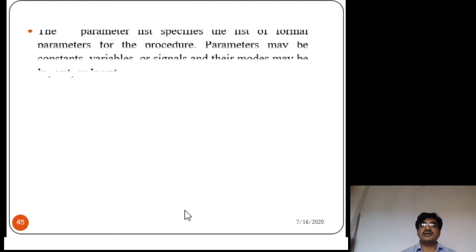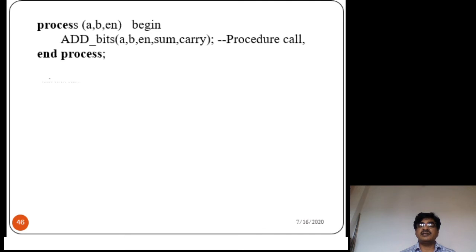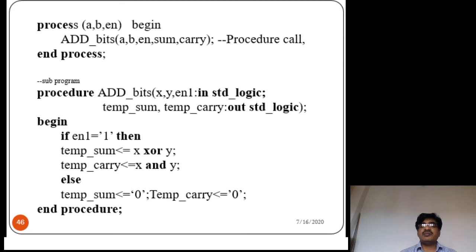Let us see one example for this procedure. Here, process (A, B, enable) begin, add_bits(A, B, enable, sum, carry). This is a procedure call statement.